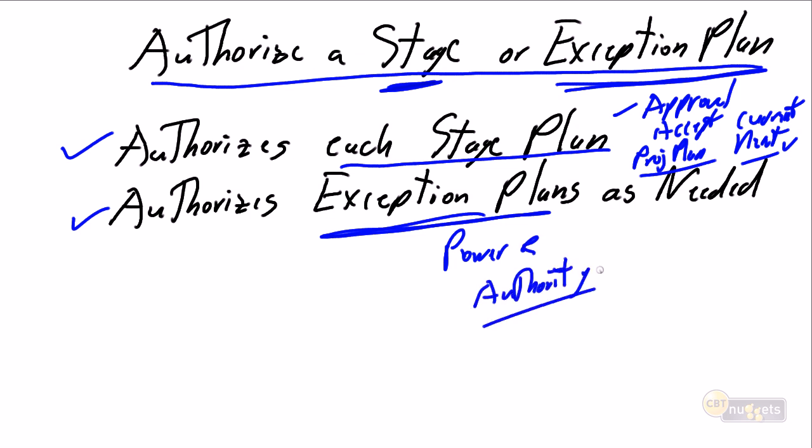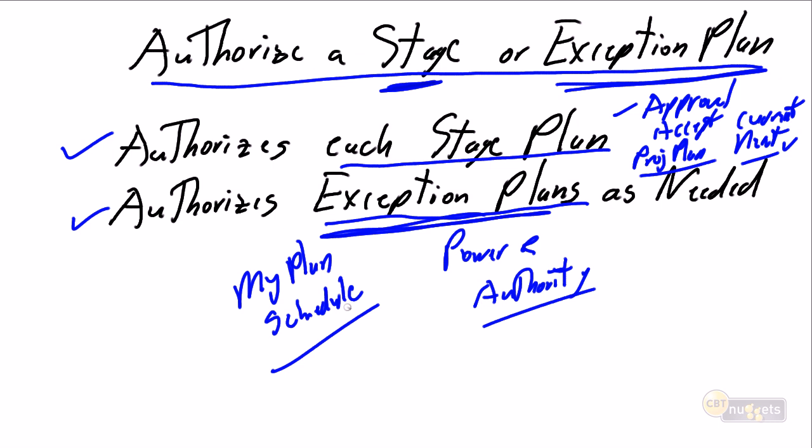At times, when our tolerances, our exceptions exceed our range, let's assume it's 10%, and we escalate this to management for approval, management is going to expect us to come to them with an exception plan. My schedule has now exceeded 10%. My schedule variance is now running at 12%. Here is my plan to deal with the schedule. And they're going to review it with me. They're going to ask me all kinds of hard questions. They're going to grill me. And probably at the end of the day, they're going to say, yes, Steve, you have done exactly what we would have done. We truly approve of your plan to deal with these schedule variances of 12%.